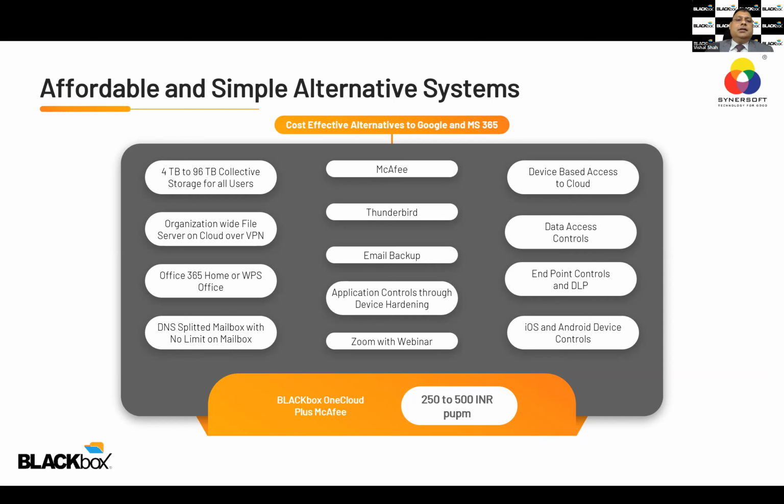Bhupendra Singh asks: is BLACKbox One Cloud solution based on the number of users or some other parameters? One Cloud is for enterprise. So you have a 12 user enterprise, a 20 user enterprise. Accordingly, you can buy BLACKbox One Cloud. So it is an enterprise wide solution. Let's say you have 25 users. You can buy 20 user BLACKbox One Cloud and pay on a pro rata basis for the rest of the 3 users.